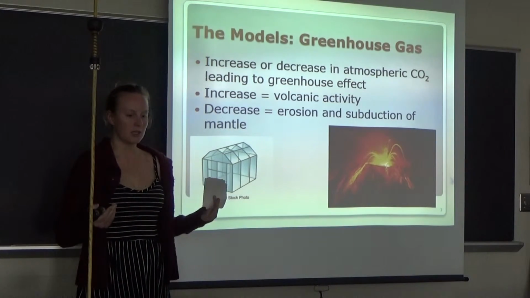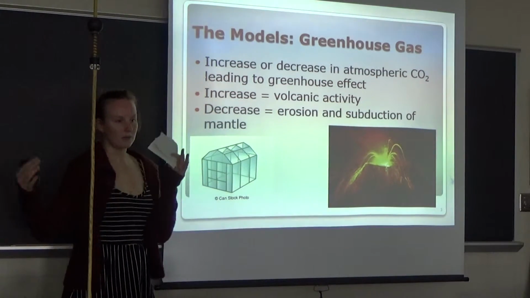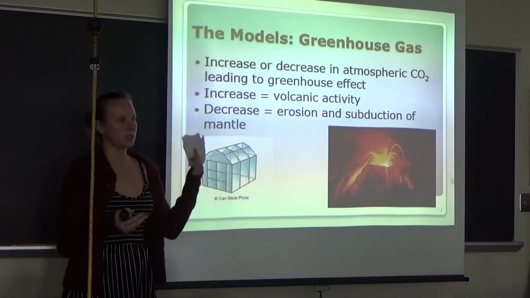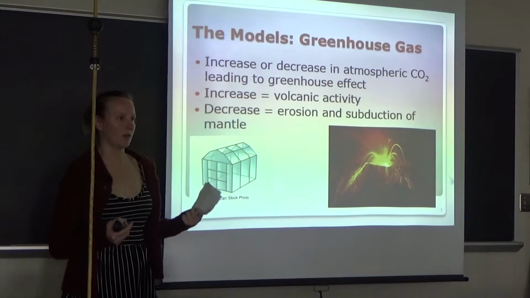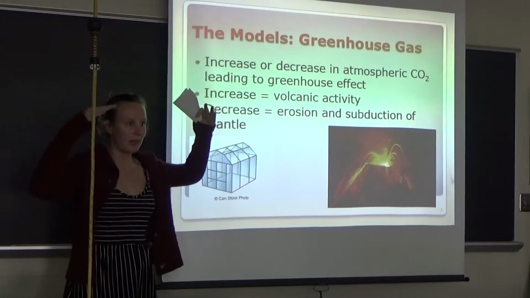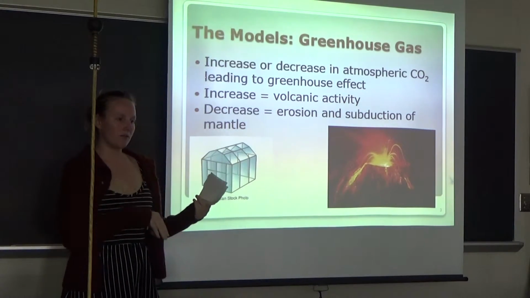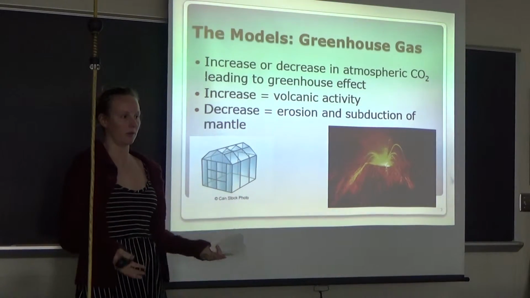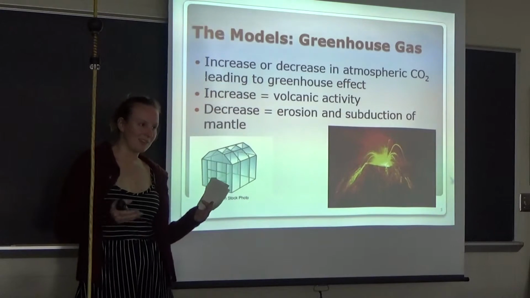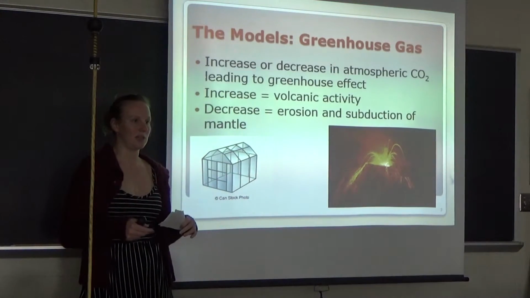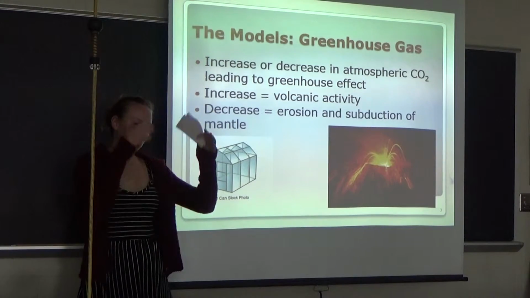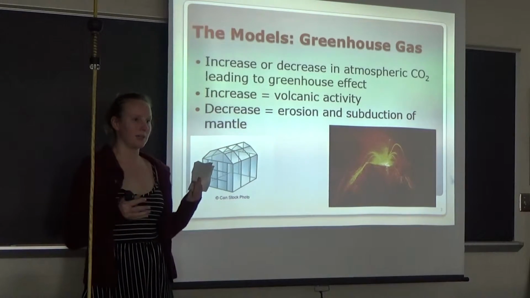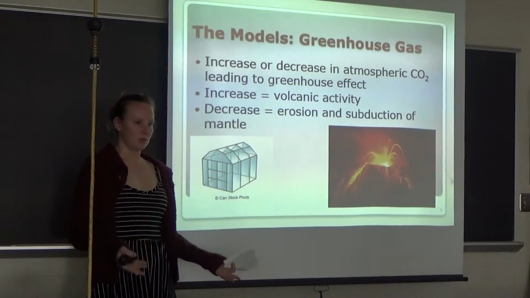So basically what happened was that there was a lot of continent movement, and the continents created a lot of erosion, and all of the CO2 got sucked out of the atmosphere, so there was no longer the greenhouse effect on the Earth, and all of the heat just escaped. So we ended up with a very cold Earth and ended up with Snowball Earth. However, during this time, the volcanoes are still really active because volcanoes don't care about ice. The volcanoes put out a lot of CO2, and according to this model, the Snowball Earth disappeared because of volcanic activity putting CO2 in the atmosphere.